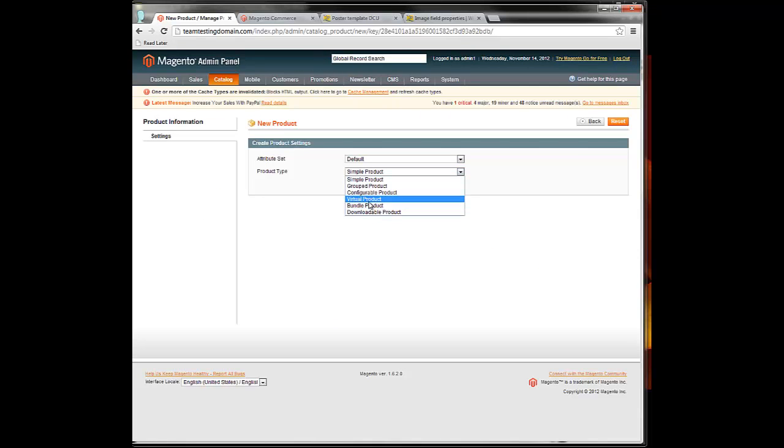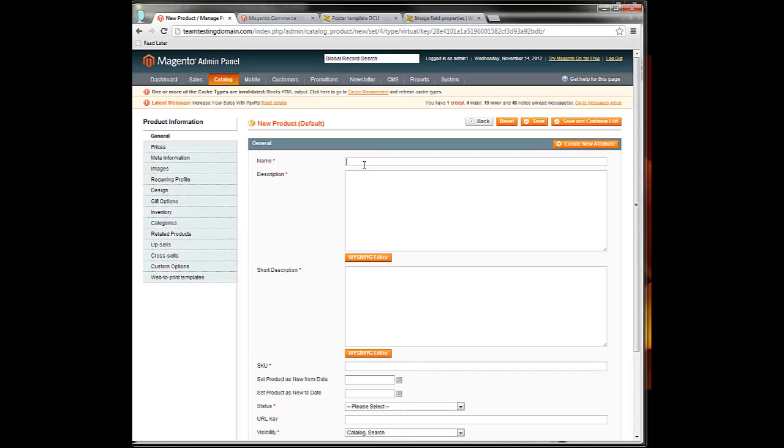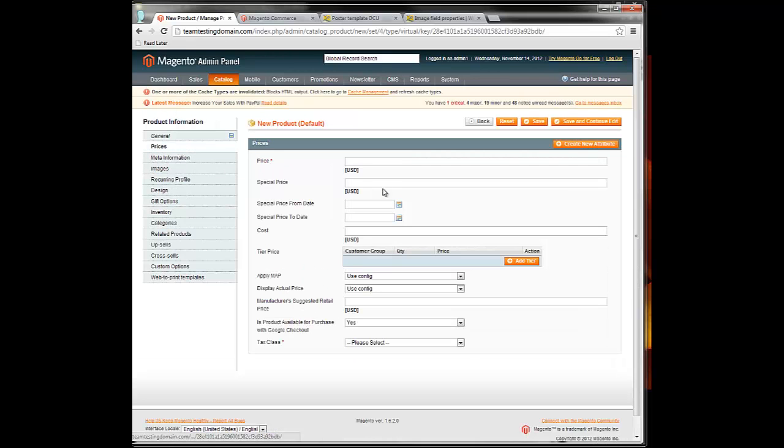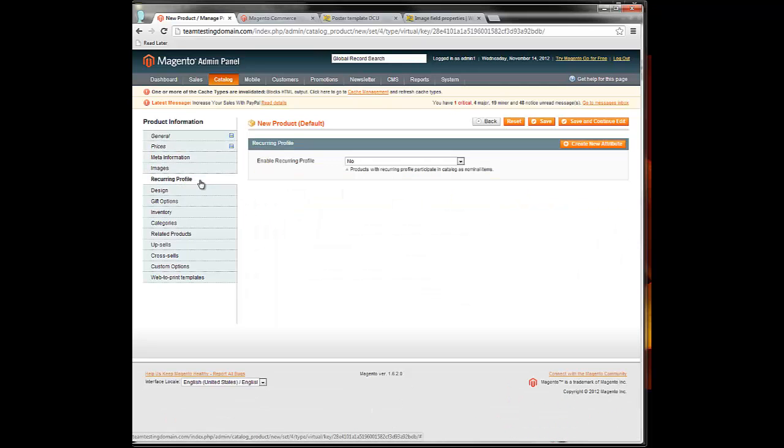Add product, top right hand corner, and what we'll do is we'll call it a virtual product. We'll press continue. So we'll just give it a quick name, poster template DCU, command A, C, just type this in here for the moment, SKU post, status enabled, visibility, that's okay, everything's okay there, just some certain settings we have to set, 0 for the moment, that's okay, tax class we'll just go with none, net information nothing at the moment, recurring profile no,